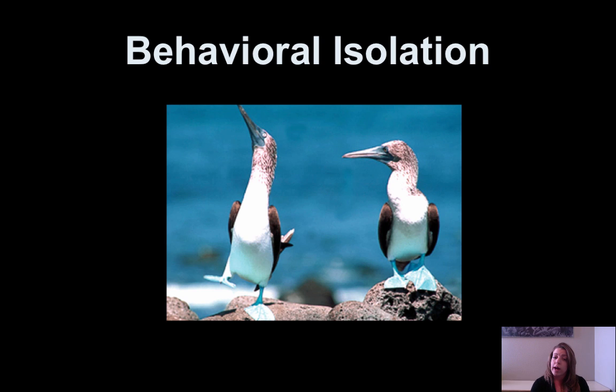Those that don't or have poor genetic indicators, their feet aren't blue enough, for example, will be turned away from mating, or they won't be successful at mating with that particular individual. Other examples include the frigate birds, the albatrosses, the swans, and eagles even that dance in the sky. And so please take some time to look at all of those and learn more about how important behavior is